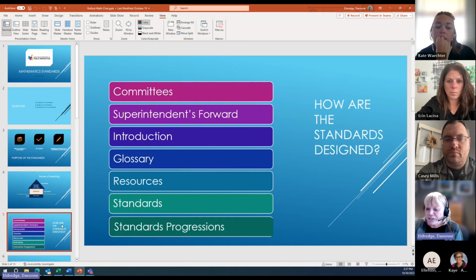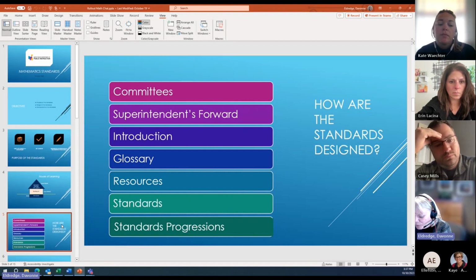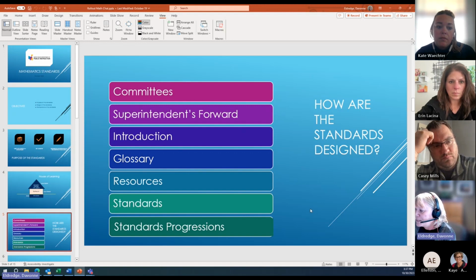When we look at our new math standards, we will see that it lists the committees, the writing committee members and the review committee members, as well as the NDSU support people that helped us facilitate our standards, and some of the Department of Public Instruction staff that assisted along the journey. It's very, very important that we note that the new standards were written by teachers from across our state who teach a variety of levels. We had some elementary teachers, some middle school teachers, and high school teachers help us write the standards. In addition, we also had some university teachers to help us make sure that those students were prepared when they hit the university level.